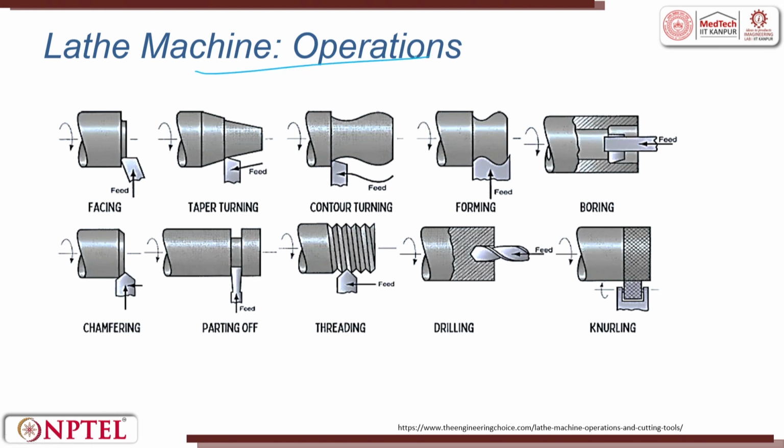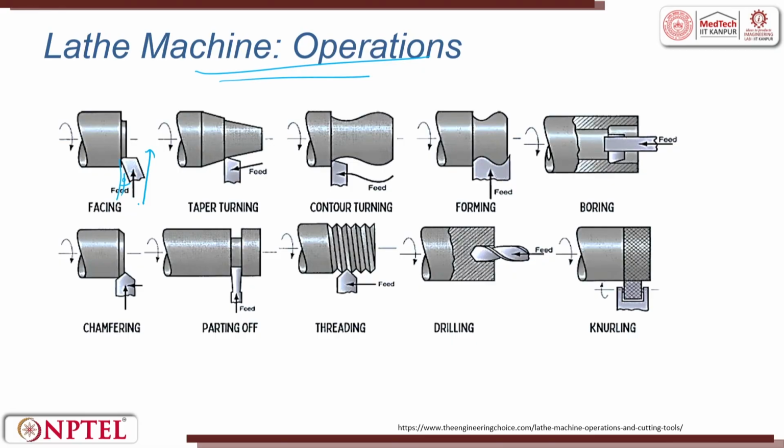So, these are the various operations which you can do on a lathe machine. You can do a facing operation. Facing is where you set the tool at an angle, which can be 45 or whatever it is, and the movement given is perpendicular to the workpiece. The face is machined since it is rotating and has axis symmetry. From the exterior end you have to go only to the half, because the rest of the half is already machined when you move from here to here.